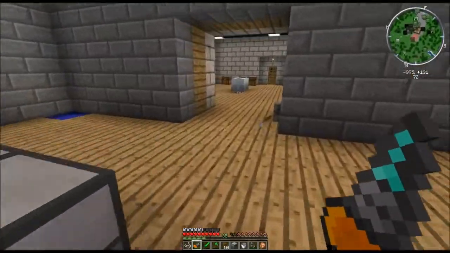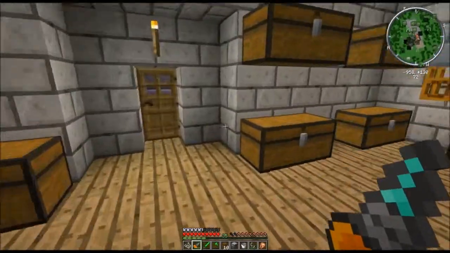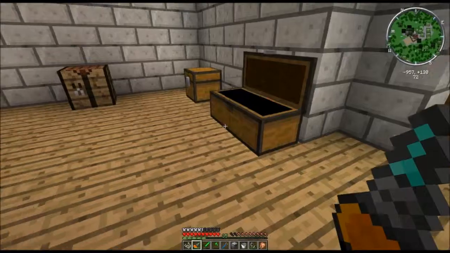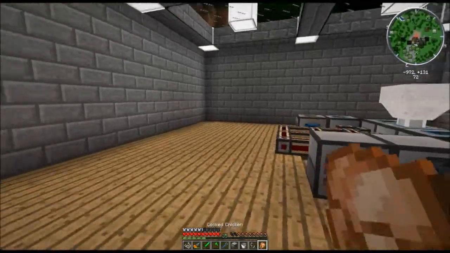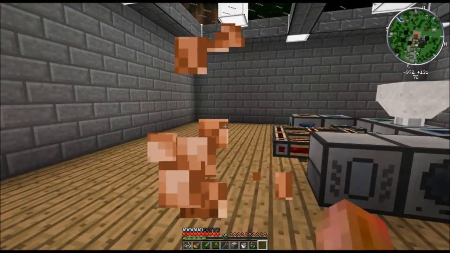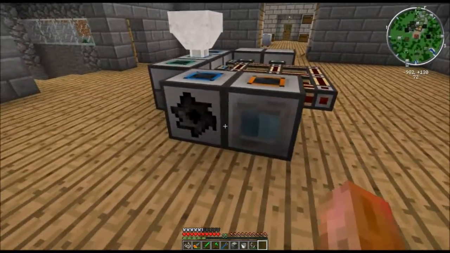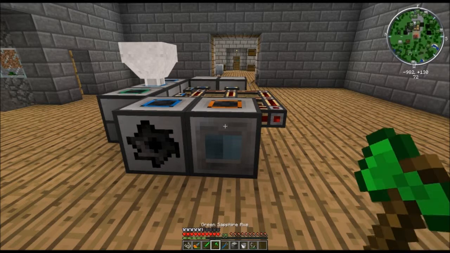Let's get our wrench. We did have a wrench around here somewhere. Here we go. And a bit of chicken. Yes, so one side is going to have lava coming in, and the other side is going to have